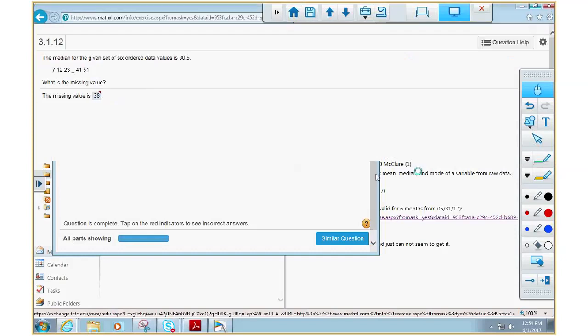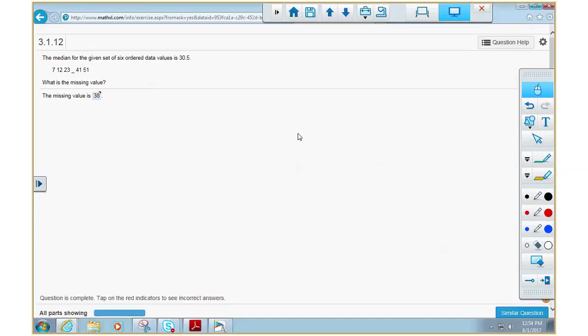Okay, now the first question people get here, how the heck do you find the missing number? Well, how many numbers are there counting the one you don't know? There's 6. So n is equal to what? 6. Is that odd or even? It's even. So that means the middle 2 numbers have to equal what? The median. So you do the formula. Take your handy dandy median formula,